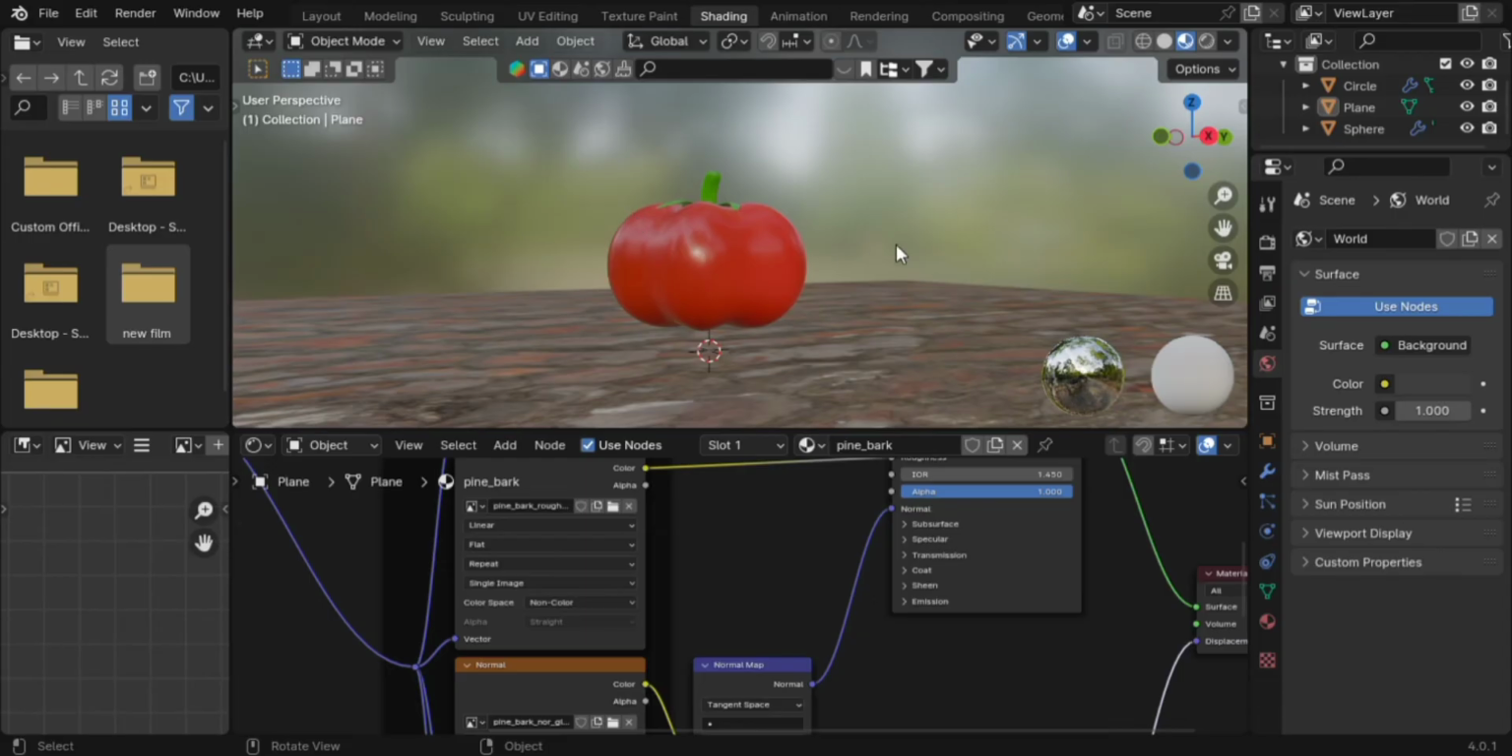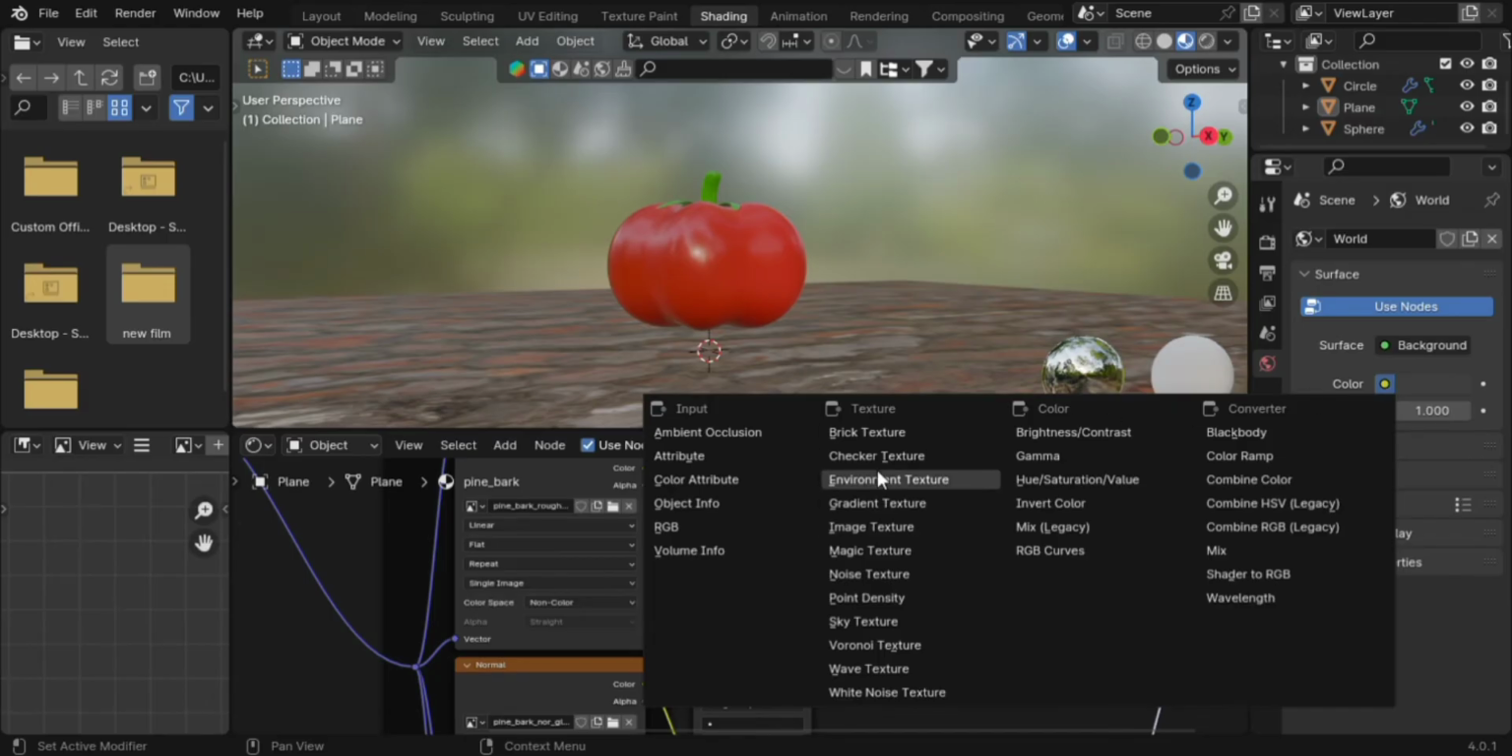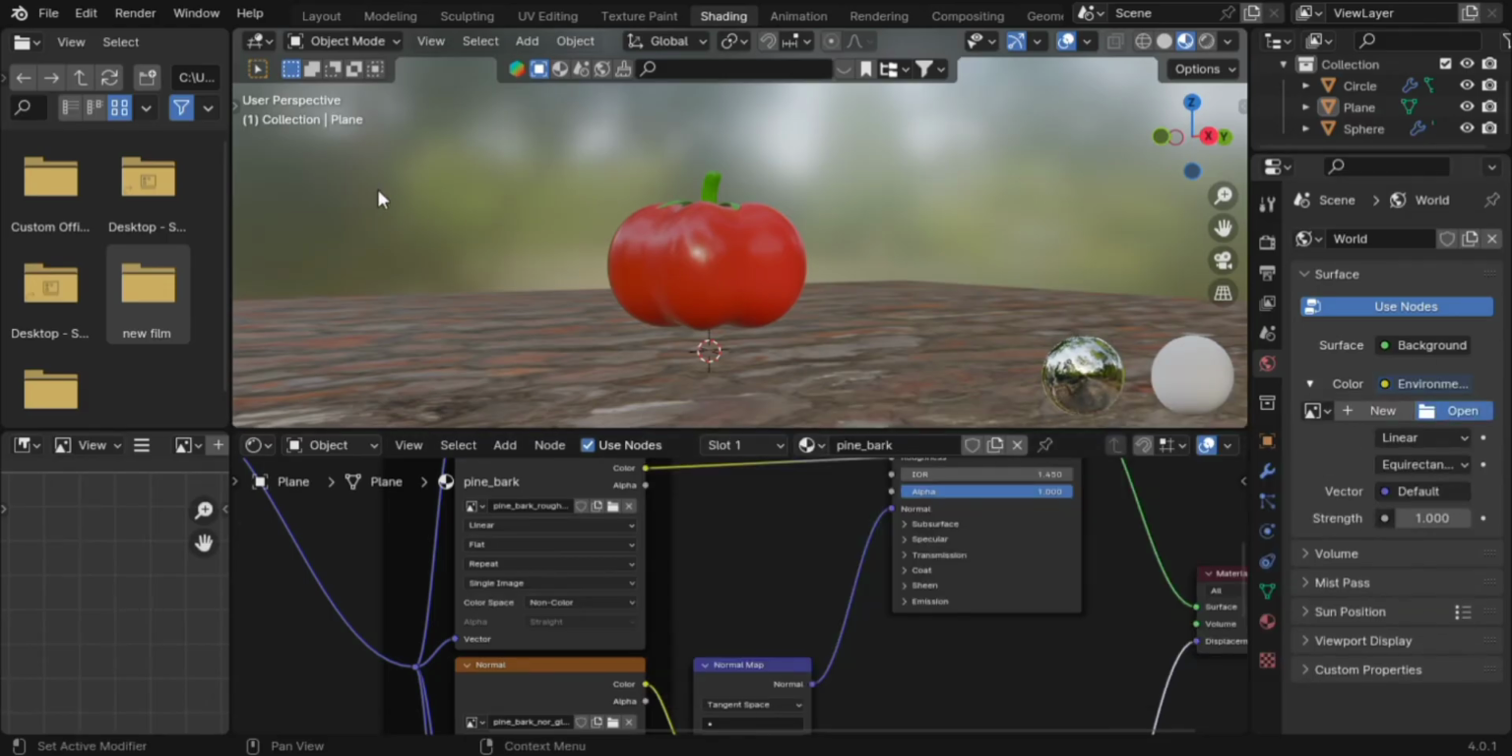I want to go to the world setting. I want to give this a HDRI. So we choose an environment. Go to open. Again, I'm in my desktop searching for a HDRI. You can't really see what I'm doing, but that's what I'm doing. I'm searching for a HDRI, and